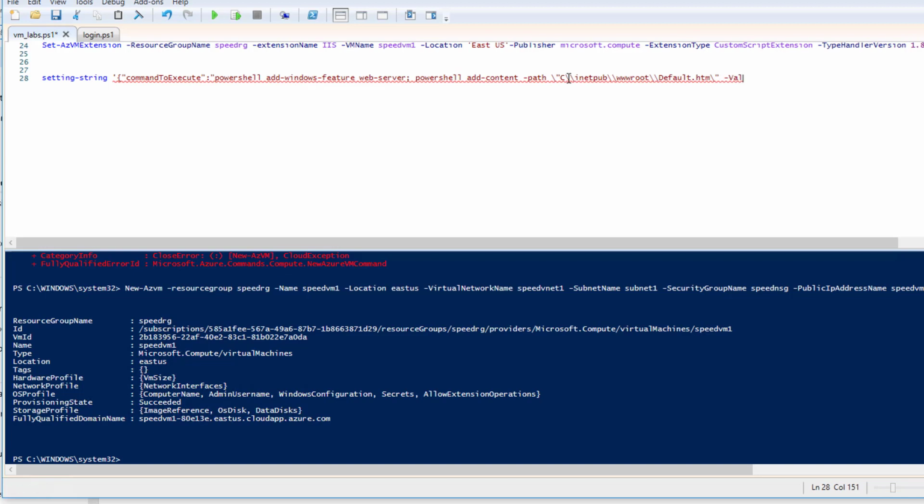Value, dollar sign, parenthesis env colon computername, is that spelled right? Computername, and parenthesis, quote, close parenthesis and single exclamation point, single quote. So basically, all it's going to say to do is to run the PowerShell command, Add-WindowsFeature Web-Server, and then to the